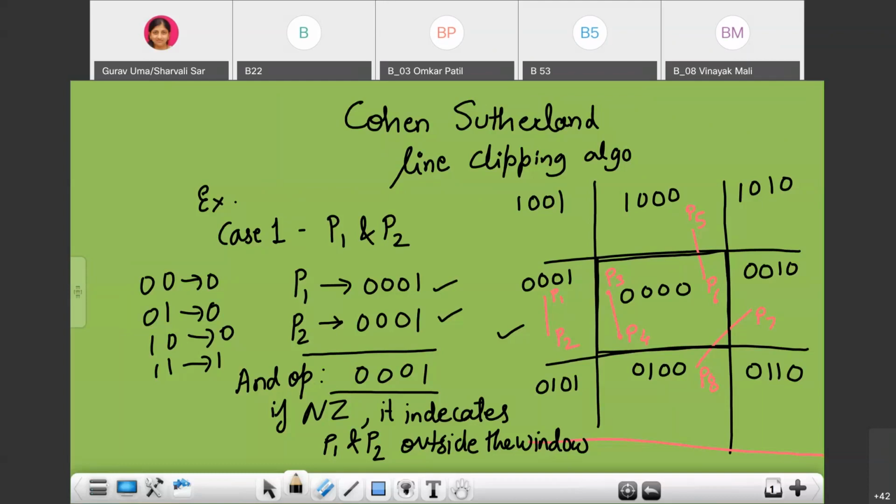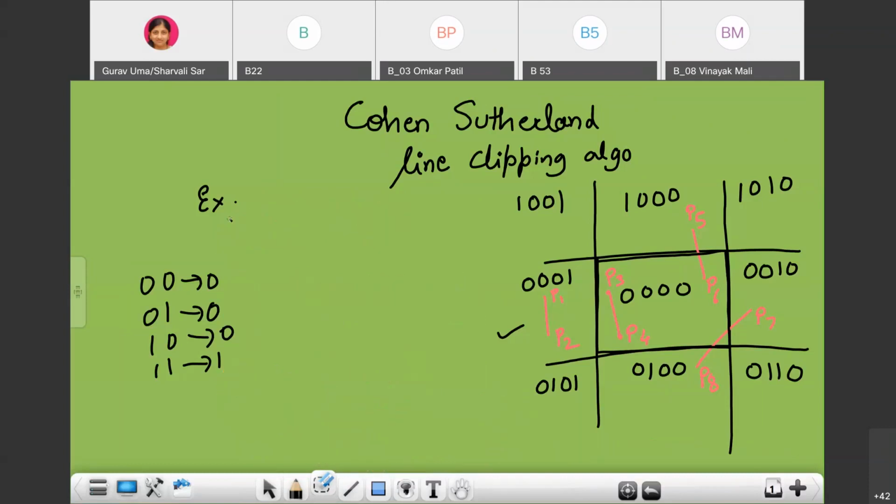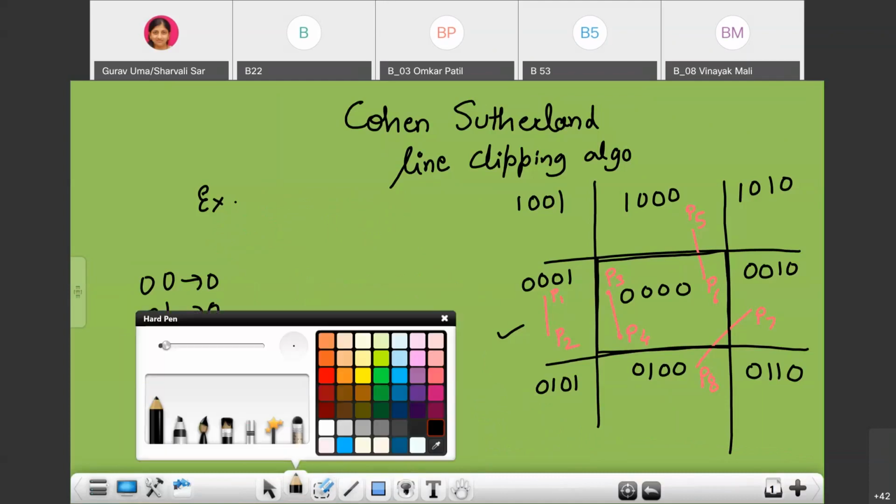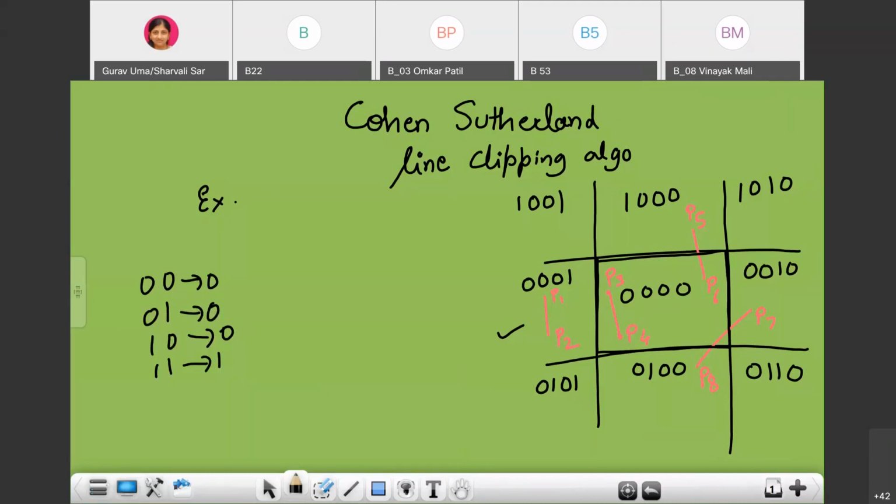Now let's take case 2. In case 2, consider the line P3 and P4. Now find the code of point P3.